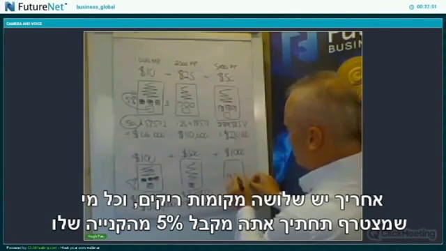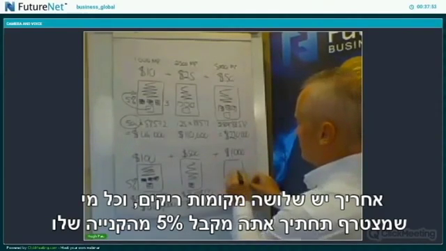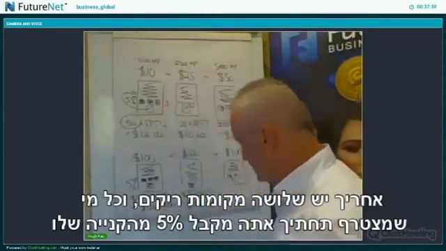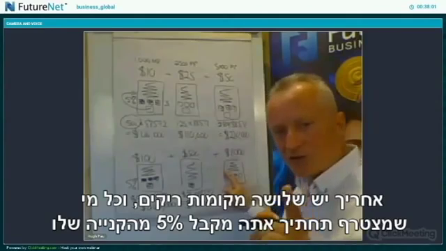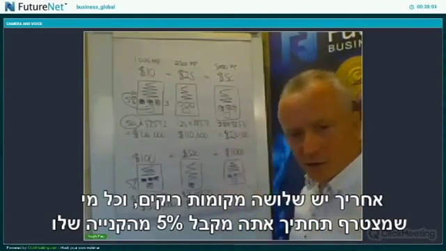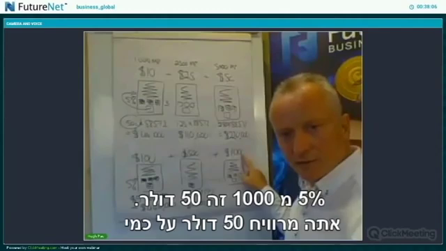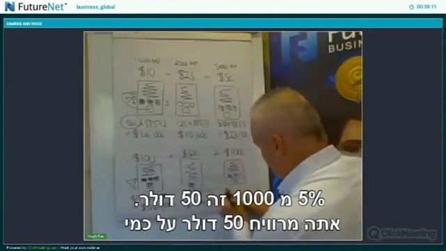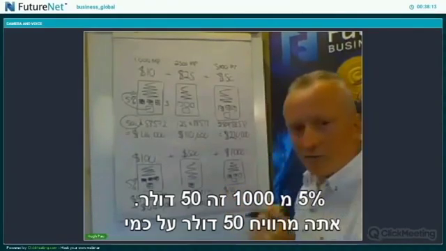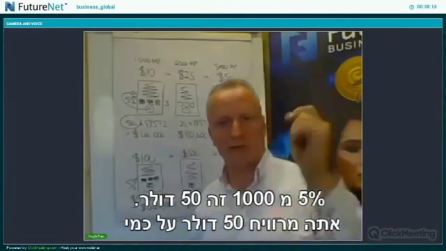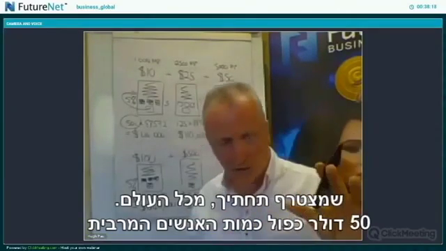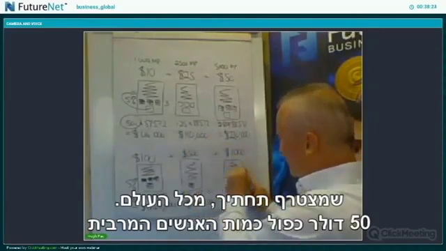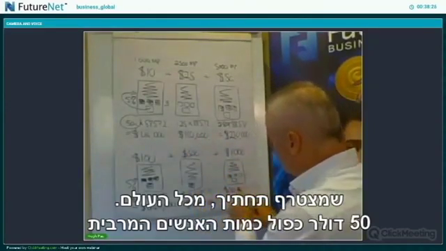What happens is there are 3 empty locations, and anytime a customer anywhere in the world joins the program, provided they fall in the software after you, here's what happens. You get 5% on every customer within the structure. 5% of 1,000, quite easy. Well, 5% of 500 is 25. So 5% of 1,000 is $50. You're earning $50 on every customer on the planet from whatever country. They go online, they register, they buy some products. If they fall into the software after you, here's what's happening. You've got $50 by